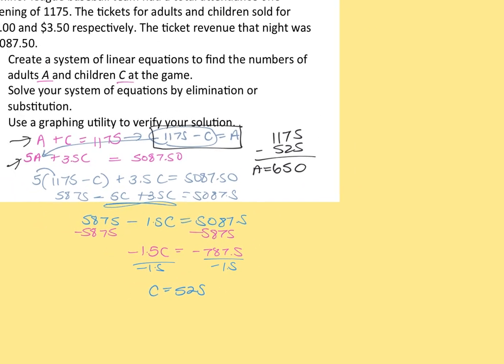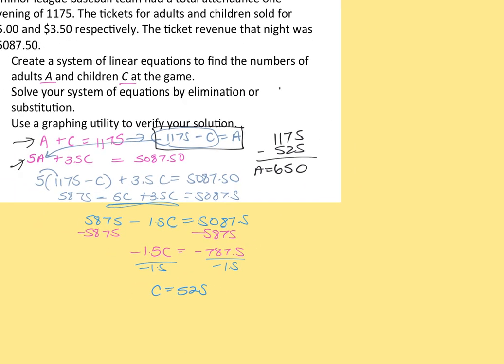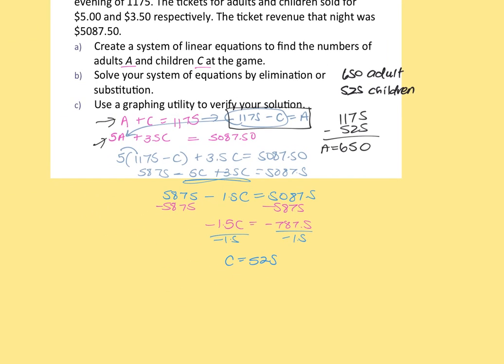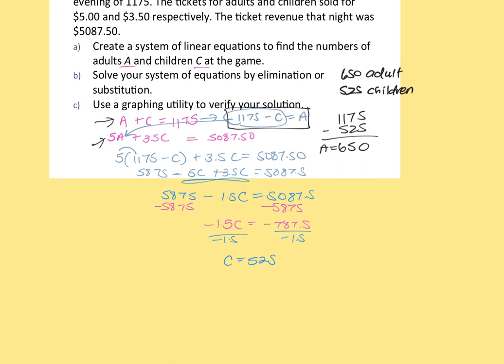So when it asks to solve the system, it's 650 adult tickets and 525 children's tickets. And then it says to use the graphing utility to verify. To do that, you'd have to take your equations and solve for either variable. It doesn't matter which one, but let's say we make A what we want to solve for. A would equal